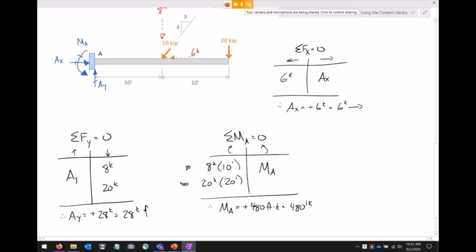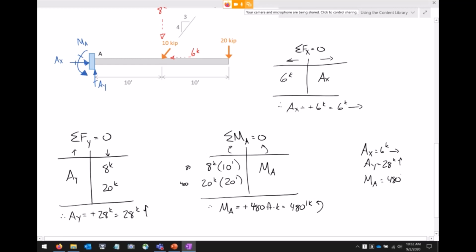And if you want to use your shorthand symbol, foot kips. And then draw your direction. Your direction is going to be like that, because that's the direction that we assumed. So it'd either be that or that for your moment reaction. So AX is 6 kips to the right. AY is 28 kips up. MA is 480